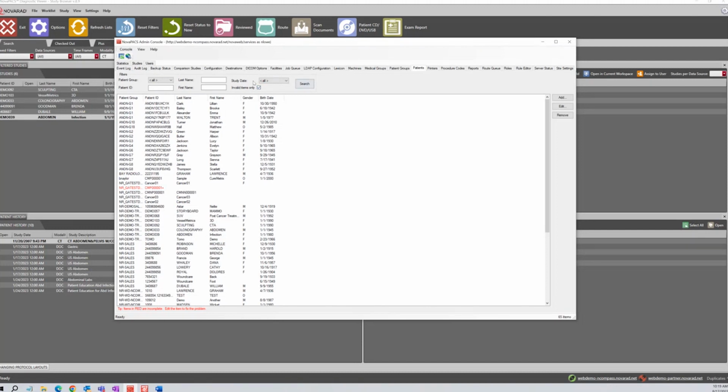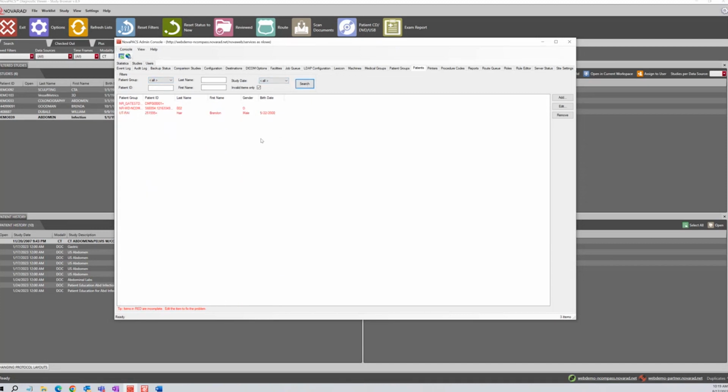So you just check the box. I like to make sure all of the other filters are open wide up so we catch everything. So I'm going to click search. And this shows us the patients that are invalid. And I think we, seasoned veterans, know why this one is invalid. We have that fancy plus at the end of the patient ID, which we all really like to fix. And then it's missing the name. It's missing the last name, first name. It's missing the gender, and it's missing the birth date. So that's why this one would be considered invalid.